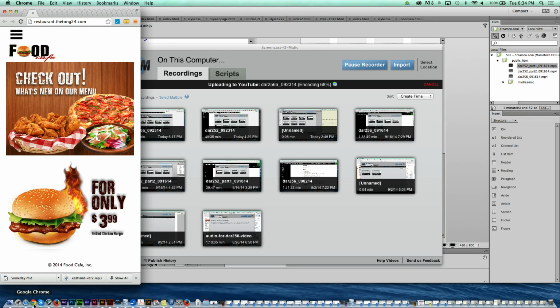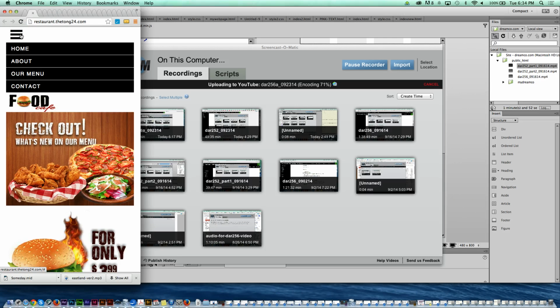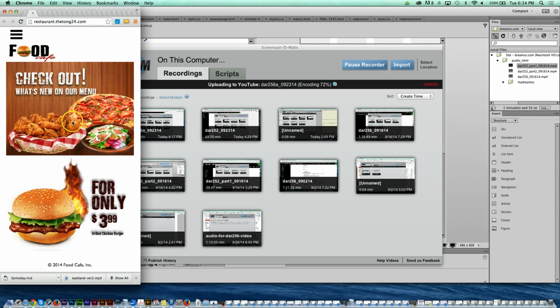Now, what I'm showing you is what one of my students has done for the Octopus template. They replaced the logo with a logo for a company, the Food Cafe, that they created. They changed the menu so that it has an Our Menu section, which would be more appropriate for their restaurant. They replaced my coupon with their little picture, and they even put a little animated flash thing of a burger that is on fire, which I don't get.